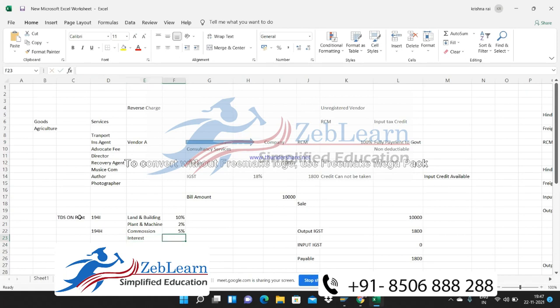Interest 10%. Right, the TDS deduction is 10%. And I think it is 193, I or H or A, that I forget. Okay, and the interest is 10%. Another thing is deduction on contract.